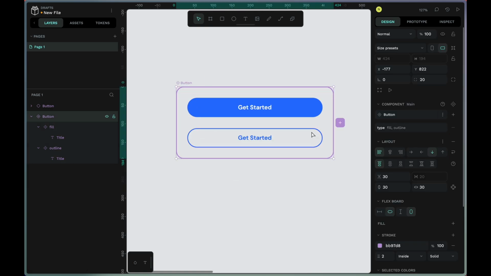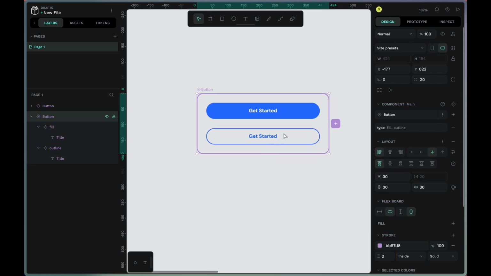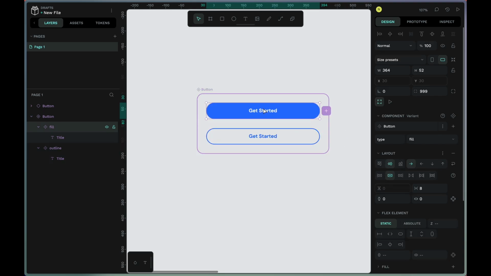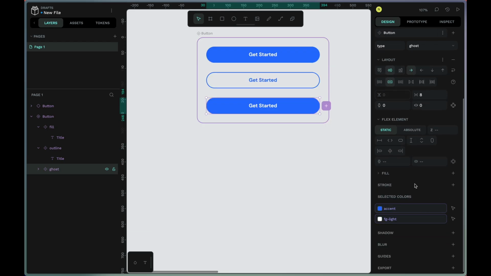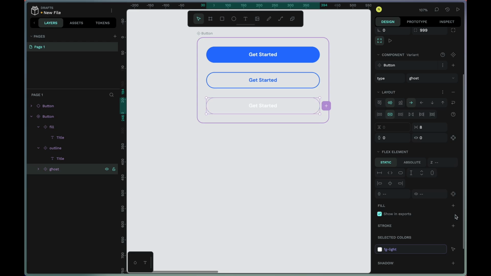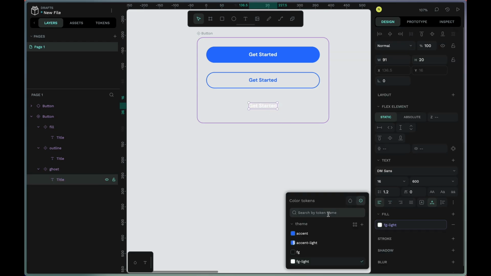Now what we have is 2 variants and we need another one for the ghost button and the tonal button. So I'll base it out of this and click plus to create another variant. Now we can see we get a value 3. I'll rename it to ghost. Now for a ghost button, we don't need a fill, we just need the text, and let's make it an